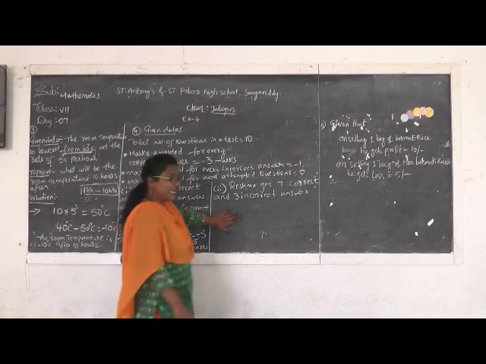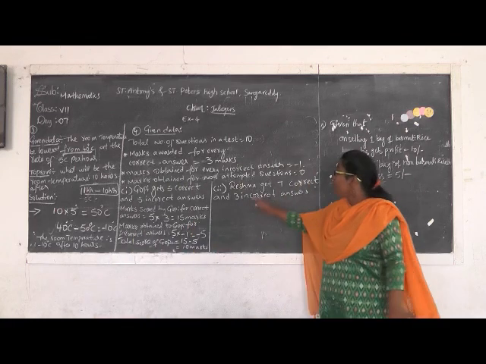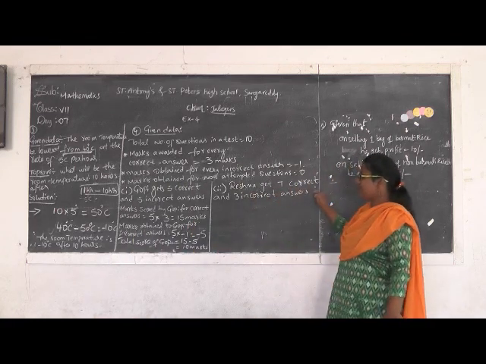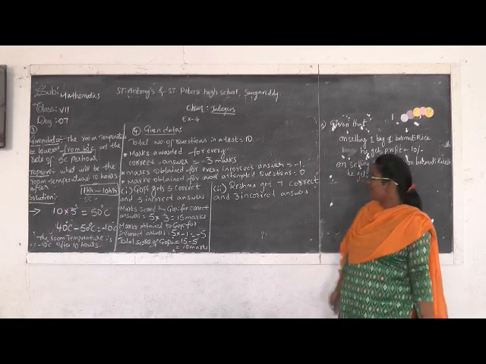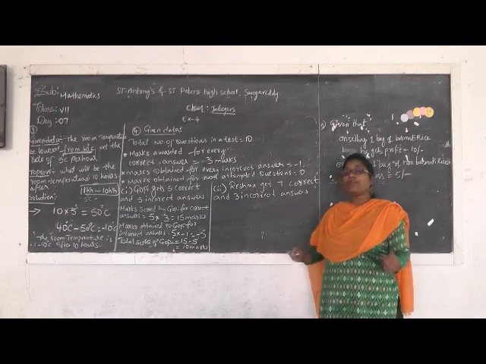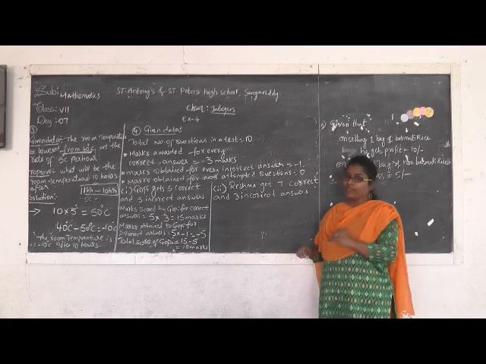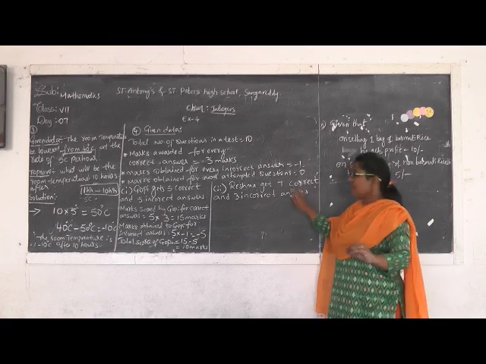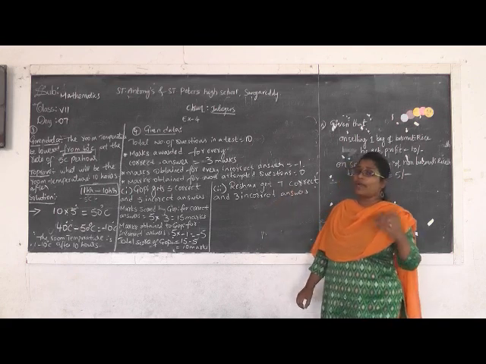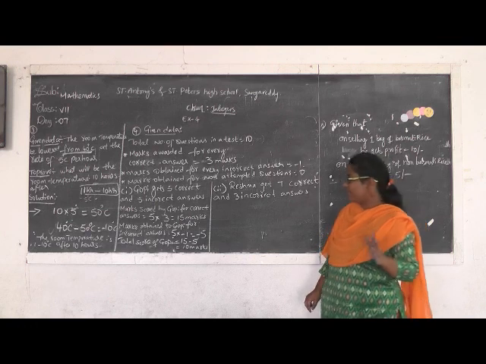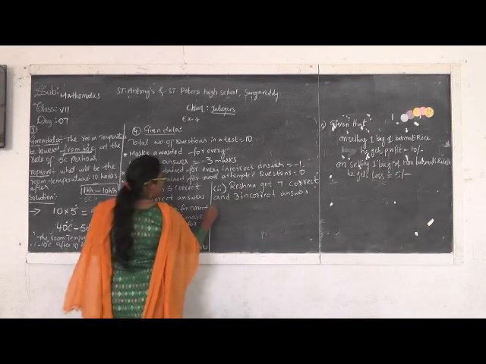Now, next. In the next situation, Reshma gets 7 correct answers and 3 incorrect answers. So, you can observe here, 7 plus 3 is 10. That means she also wrote all the 10 questions. Out of that, 7 are correct, but 3 are incorrect. Let us see how many marks were scored by Reshma. You can say easily. Listen once again.